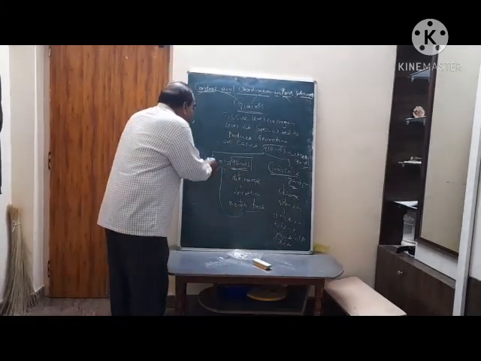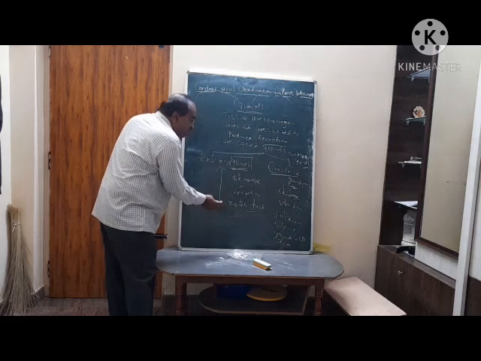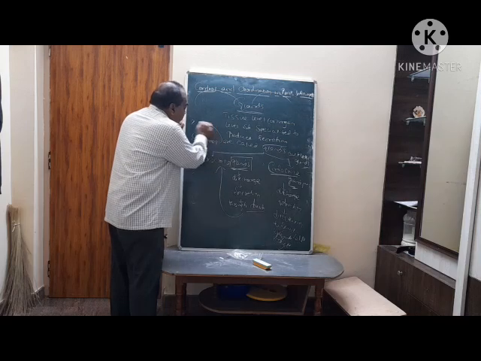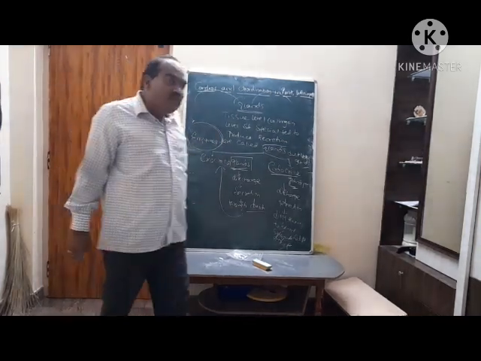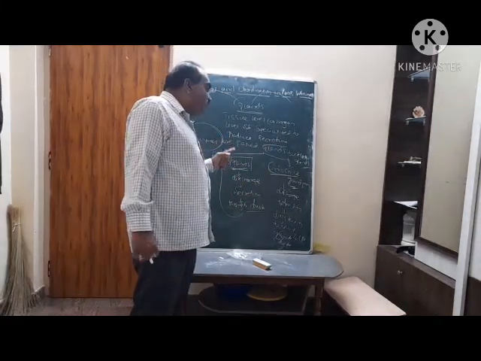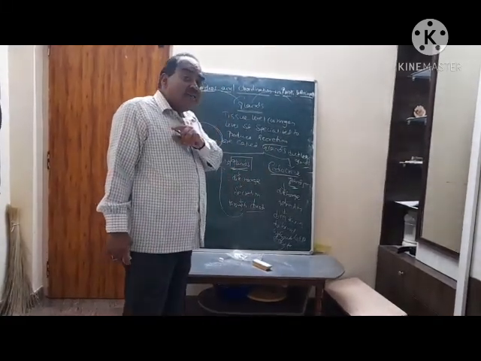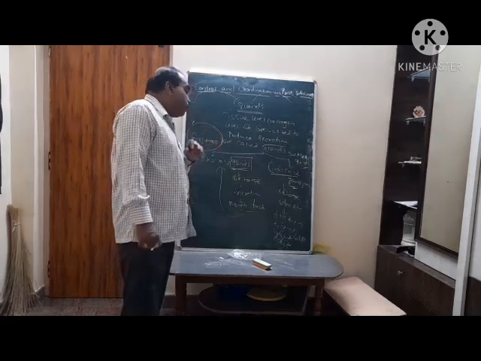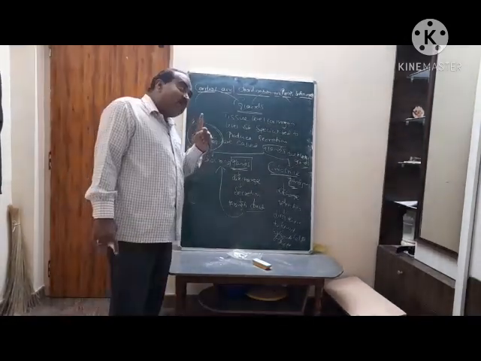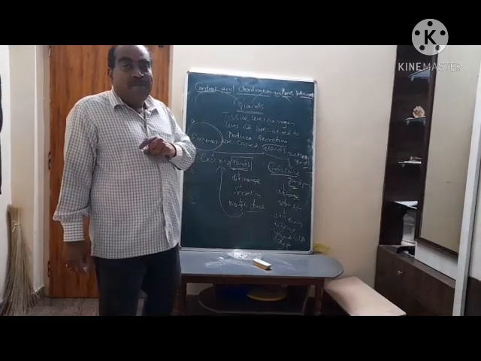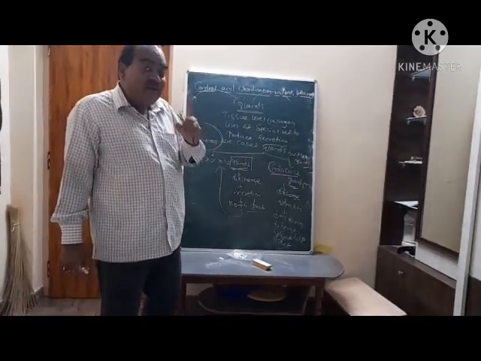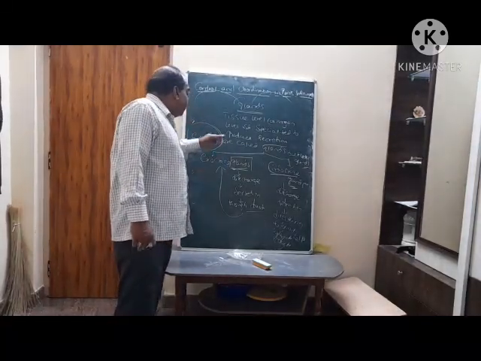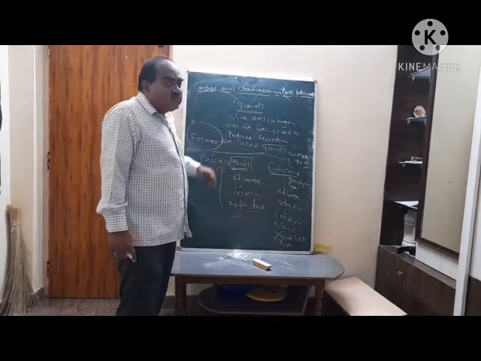One more difference: the secretions of the exocrine glands contain enzymes. What are enzymes? The chemical secretions of the exocrine glands contain enzymes. For example, salivary amylase enzyme is produced in the salivary juice. Pepsin and renin enzymes are produced in the gastric juice. Bile juice is secreted by the liver, but it does not contain any kind of enzymes.